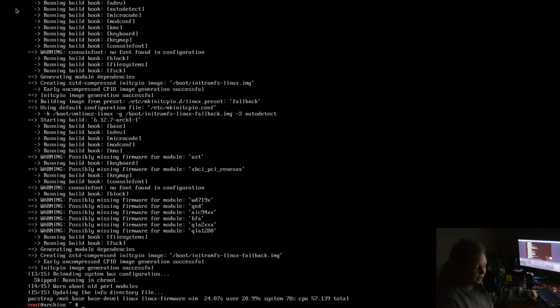Because of that, it doesn't have the space it needs to be able to install Grub as well. So, boot partition, 512 megabytes in size. That's perfectly reasonable. Now that we've done this, and we've confirmed this took a total of 57.139 seconds to install, what we need to do is